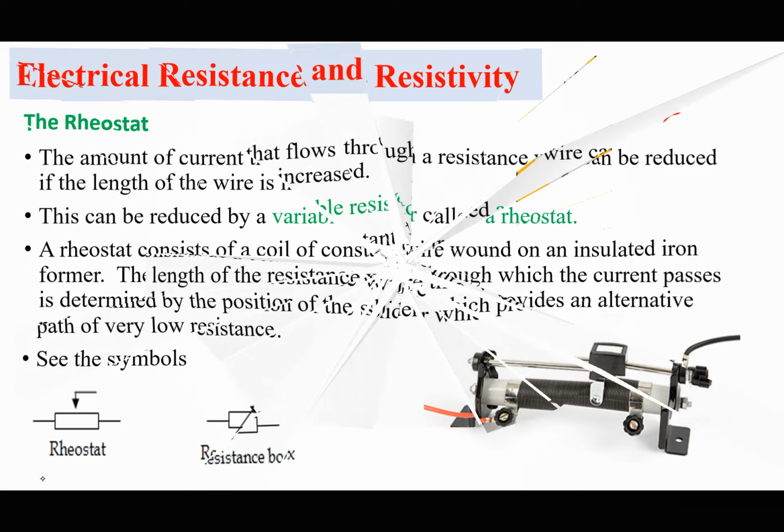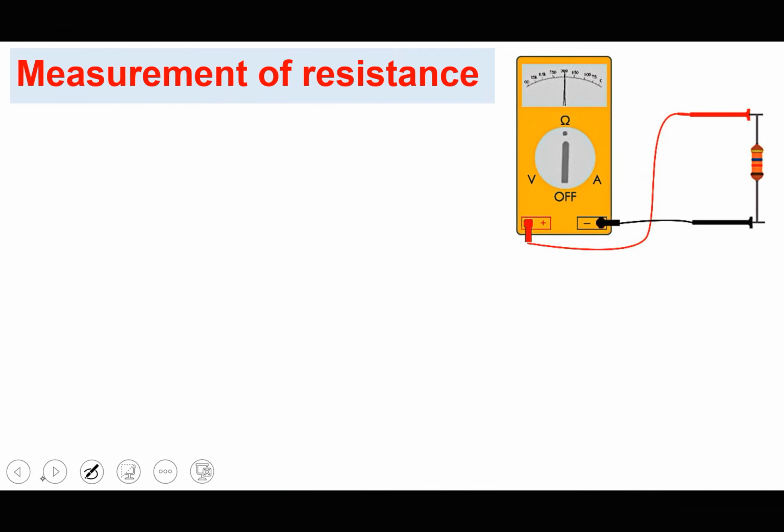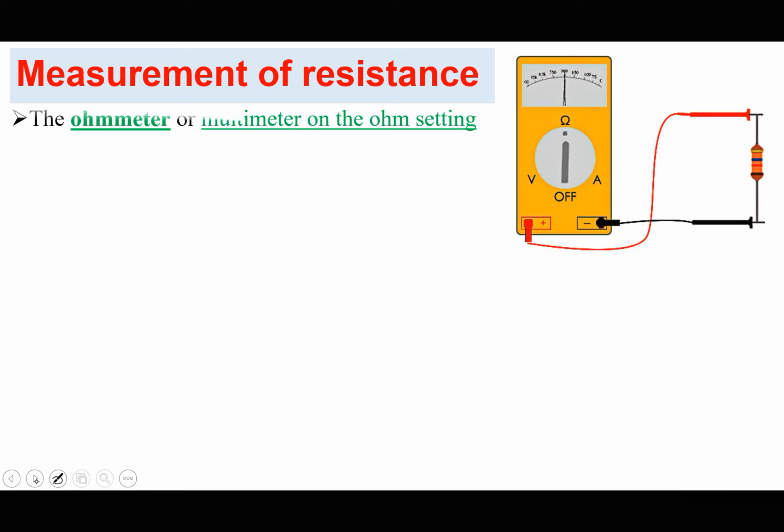How do we measure resistance? To measure resistance, we use a device which we call the ohm meter. An ohm meter looks somehow like this. You just look at this and know that this is an ohm meter, but it can be a multimeter with its pointer on the ohm setting. So it can be an ohm meter or a multimeter on the ohm setting,